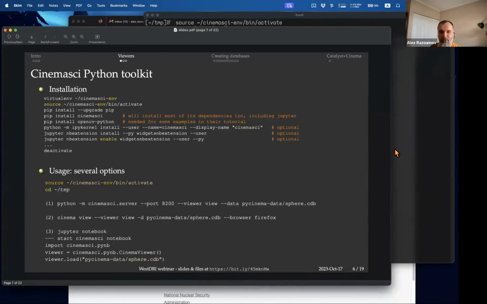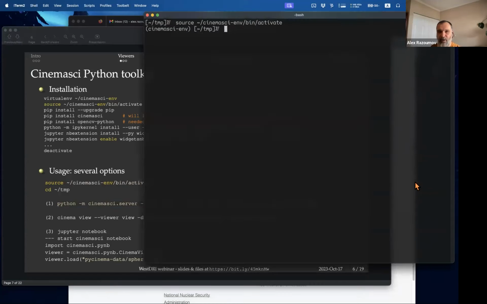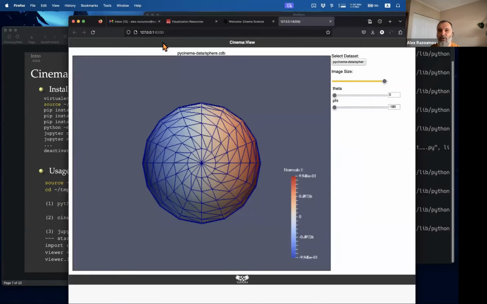Okay, great. And so now I can actually run this line. Here I'm serving on port 8200. I'm serving this data set that I just showed you what it looks like inside the terminal. So data comes from this directory, from this database, and then I'm launching what is called a viewer called view. There are a couple of views, so I'm going to show you another one in a second. So here we're launching it, and then it's going to serve on this port 8200 on my computer, and this